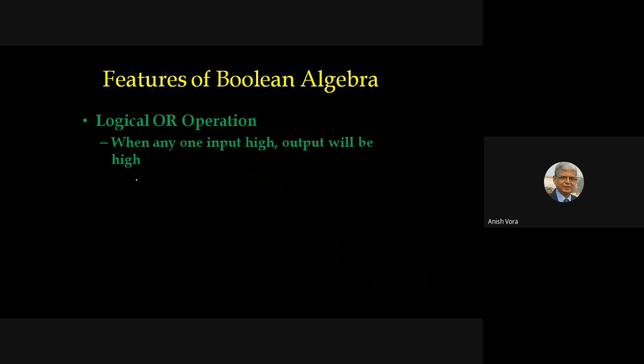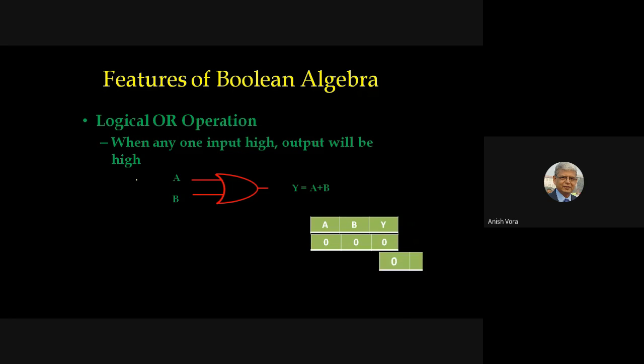So and third is logical OR operation. When any one input is high, output will be high, right? That is logical OR operation. Boolean algebra we have only 3 functions, 3 operation. Either it is a OR operation, or it is AND operation, or it is inversion, right? So OR operation can be implemented with the logic circuit, and that is known as the OR gate. So features, but now we have different here